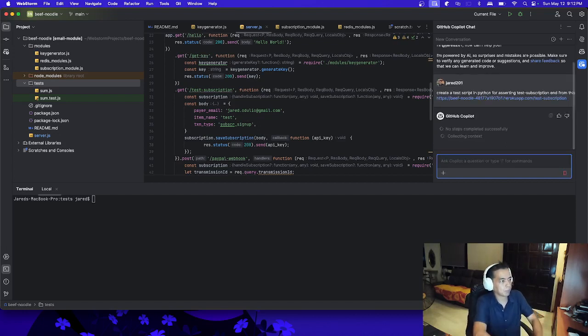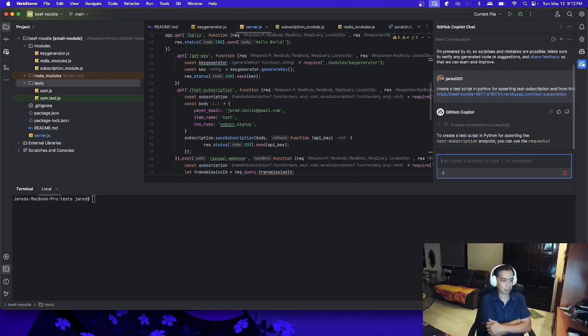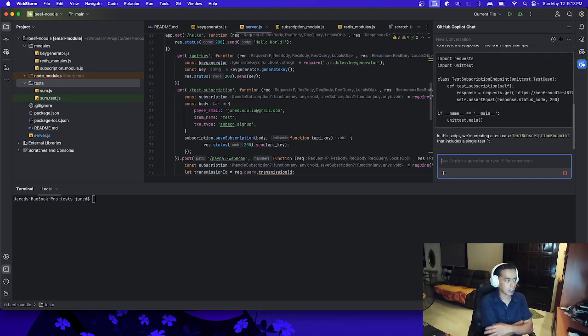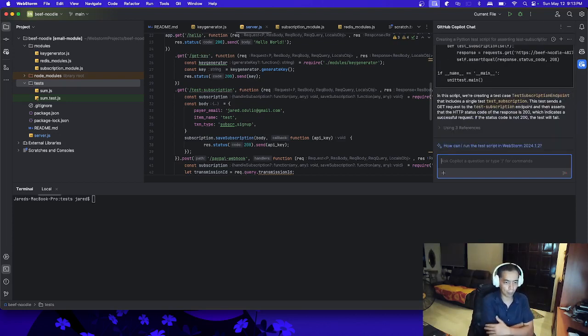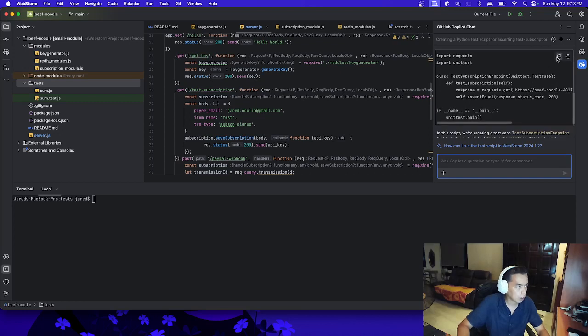So initially, GitHub Copilot is going to generate an initial test script for us to test whether our automated test is going to work or not. Then, of course, GitHub Copilot is not your holy grail. It only helps you to do your work faster and more efficiently.